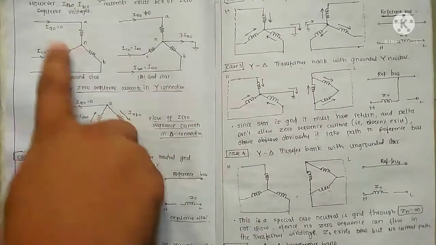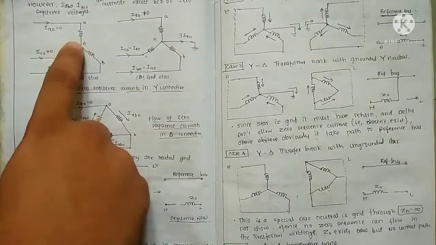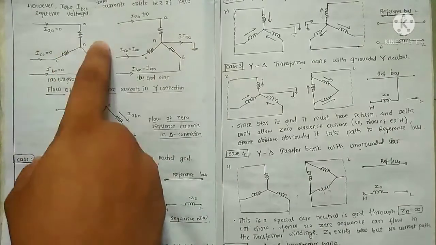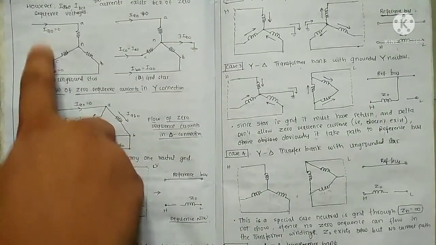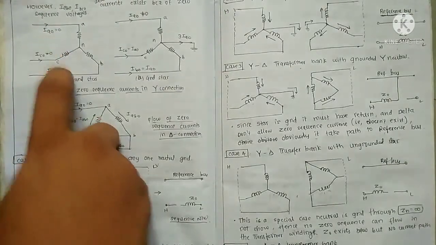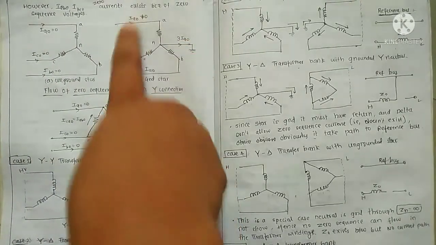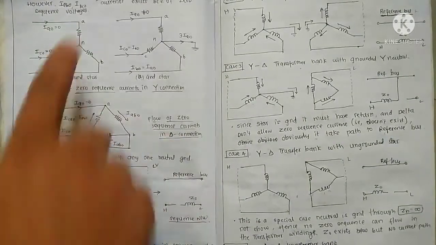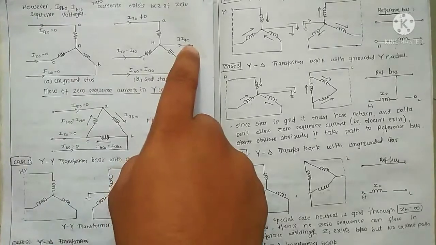Therefore I'll just give an overview. This is an ungrounded star, there is no ground to it, and this is a grounded star. For an ungrounded star, if there is no connection between the neutral and ground, there will be no current flow. That is, the zero sequence components IA0, IB0, IC0 will be zero. When a neutral connection is there for the star, there will be a current flow, and in a delta there is no zero sequence. Only grounding allows it.